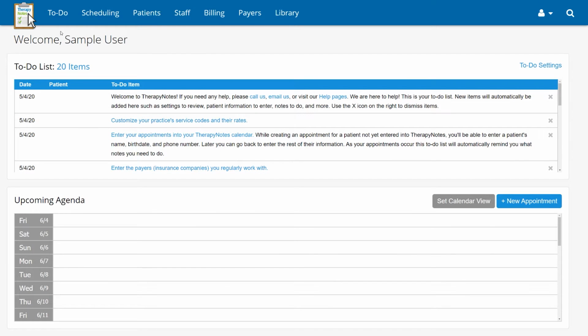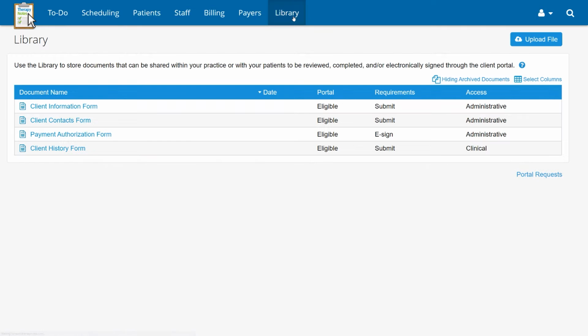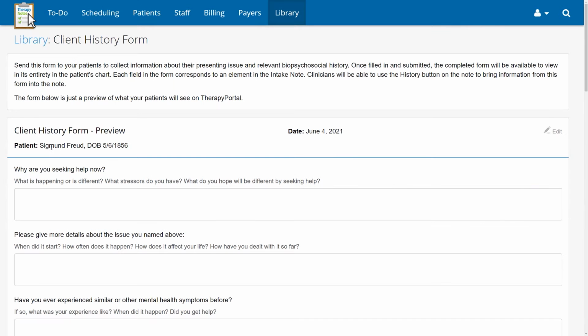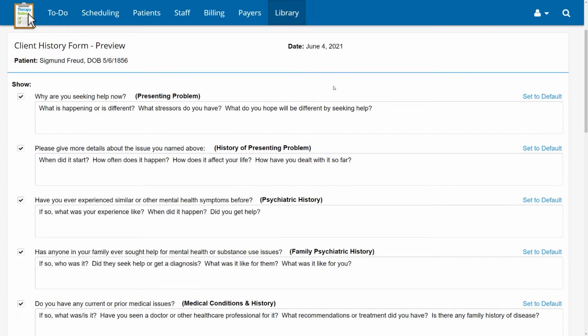First, click Library, then select the Client History Form. Once in the form, click the Edit icon in the Form Preview box. Next, select the checkbox to the left of the questions you'd like to show. You can elect to show or hide any or all of the questions, but at least one question must be